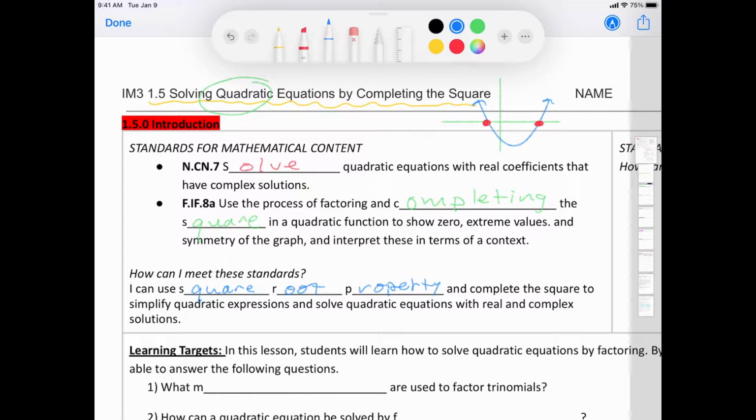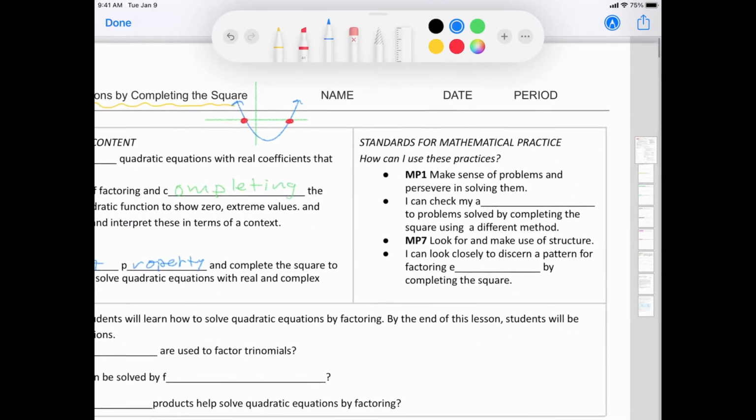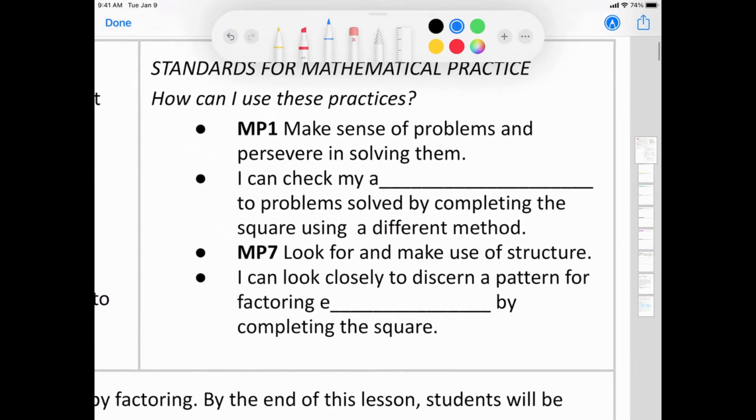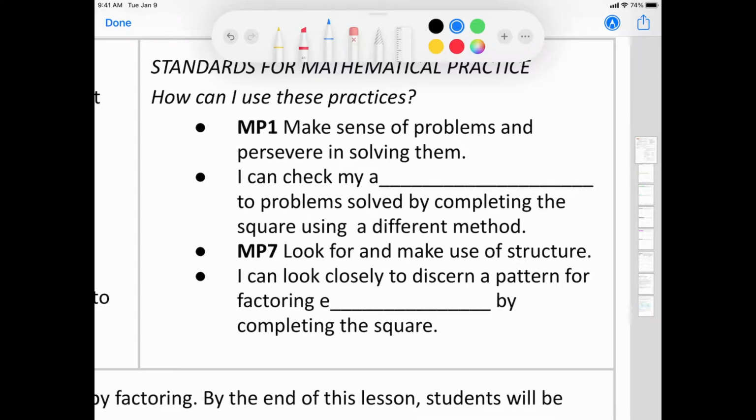All right, let's go now to our standards for mathematical practice. How can I use these practices? Well, math practice number 1, make sense of problems and persevere in solving them. I can check my answers to problem solve by completing the square using a different method. Math practice 7, look for and make use of structure. I can look closely to discern a pattern for factoring expressions